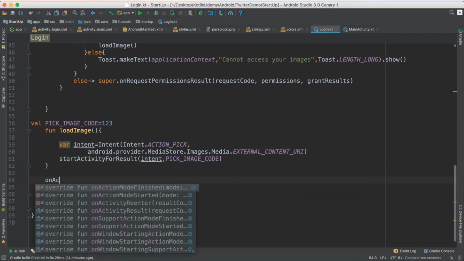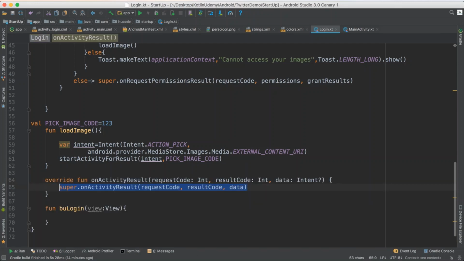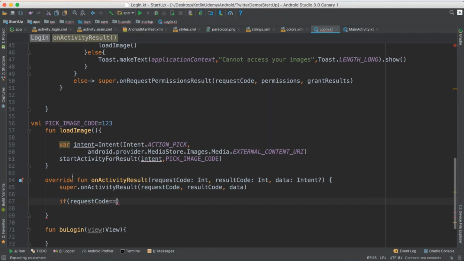There is a method named onActivityResult. This one will get fired automatically after this one is done. So when it selects the image and is done, this one will fire. So this one will have the information about the image. So let me say, we have a request code. You say, okay, if the request code is my request code, that means it equals this code. That means if the code that was requested is equal to this one, and you say I think result load image request code